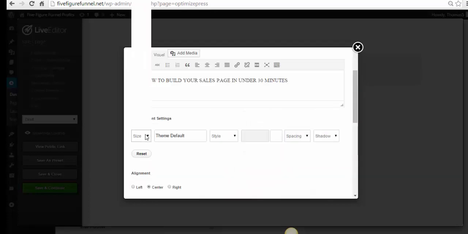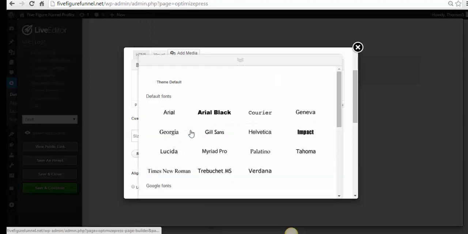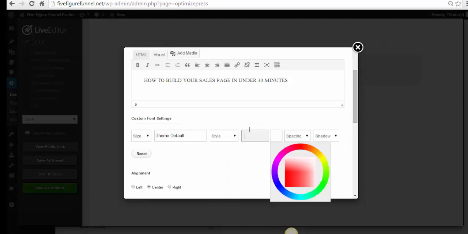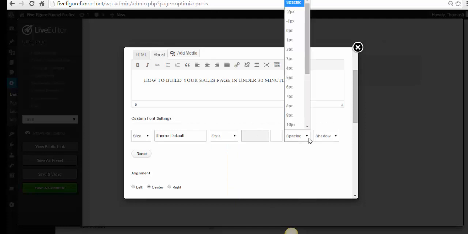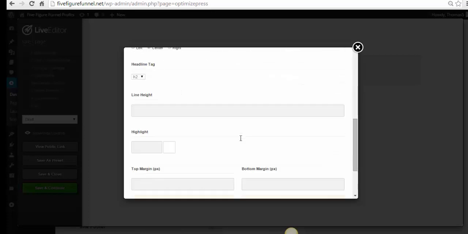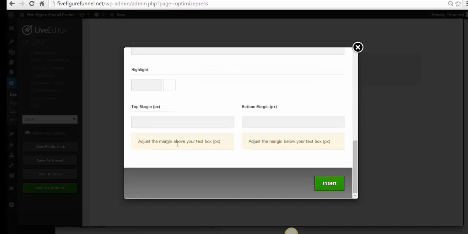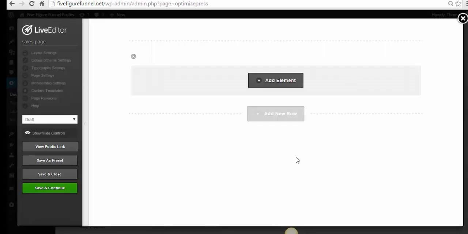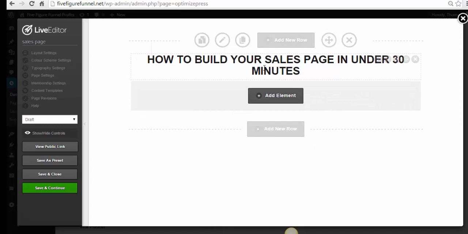You can obviously change the size, the theme, the style, the color, spacing in between each character, the shadow of the characters, align it left, center or right, the headline tag, line height, margins, all of that you can change. Again, I'm not going to get into it all because it'll take me way too long. Now I'm going to insert it,